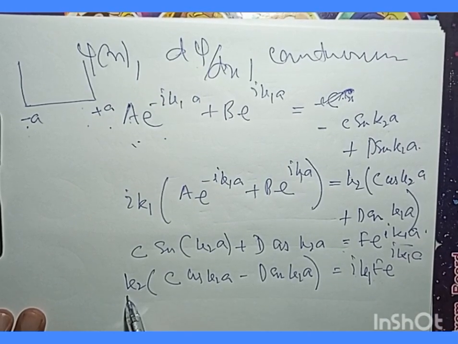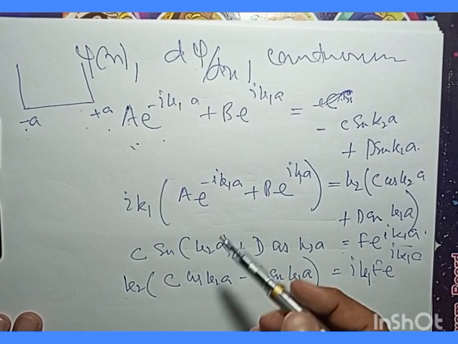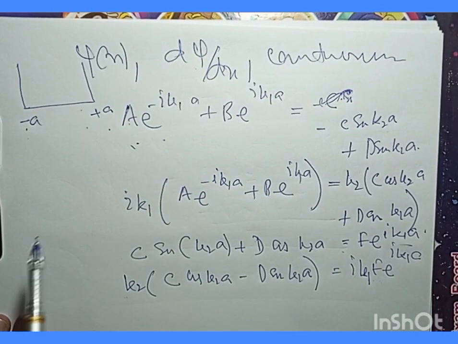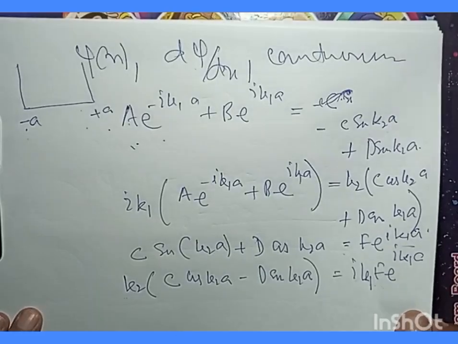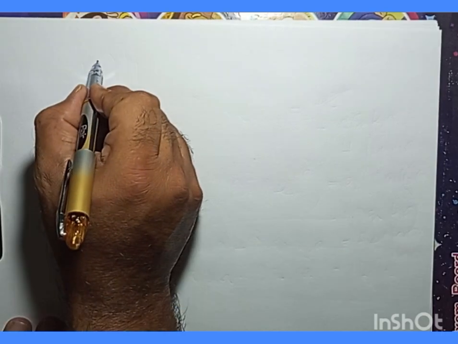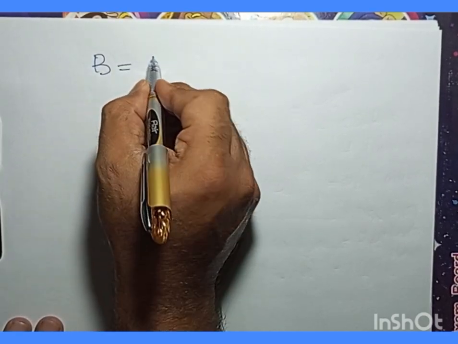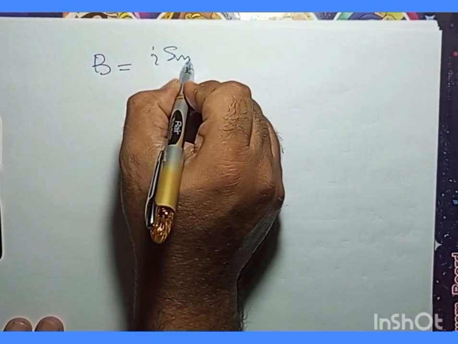The same thing goes here when you make such differentiations, and we can utilize the two equations, and we can use elimination by substitution, and we can eliminate C and D in our equations, and solve the remaining two for B and F, and this is simple algebra. Students should work on it, and they should obtain the results, and the results that we obtain are B is equal to i sine of